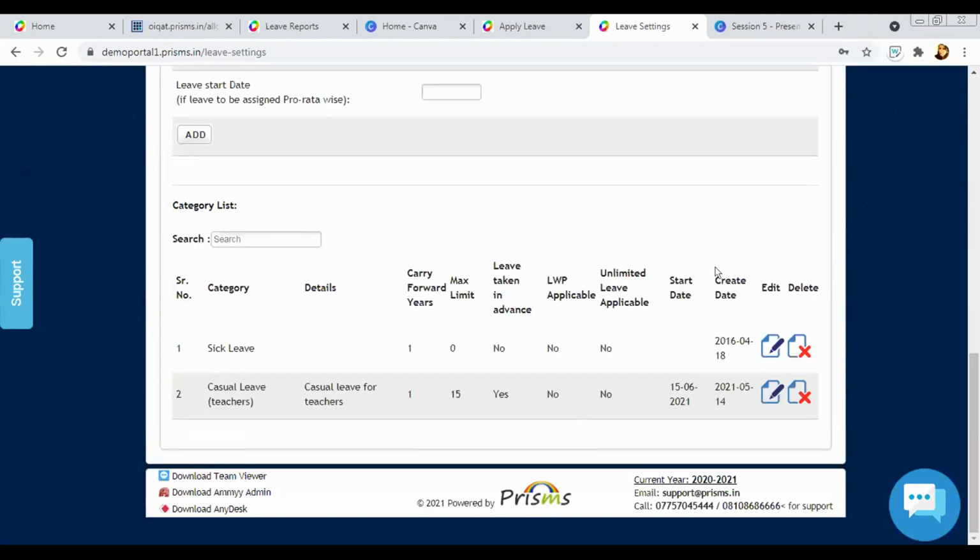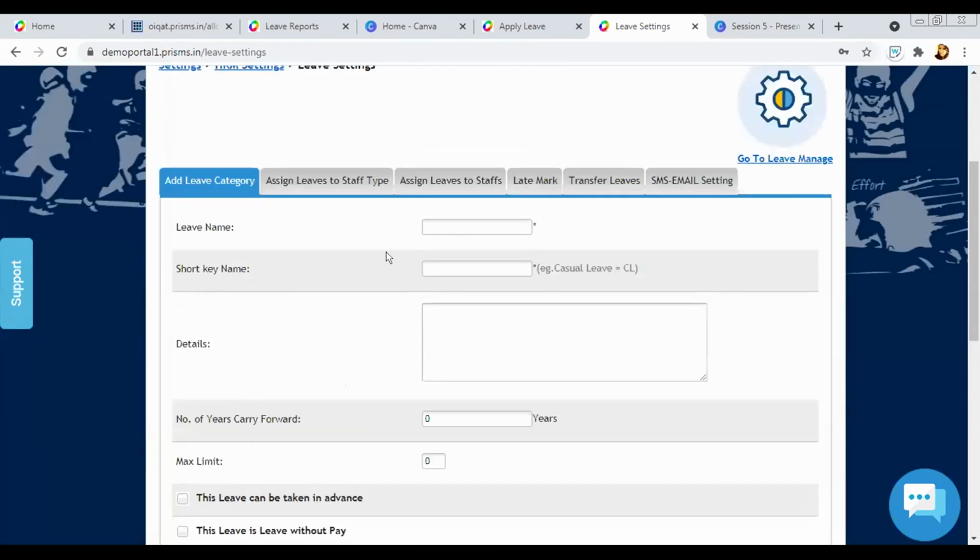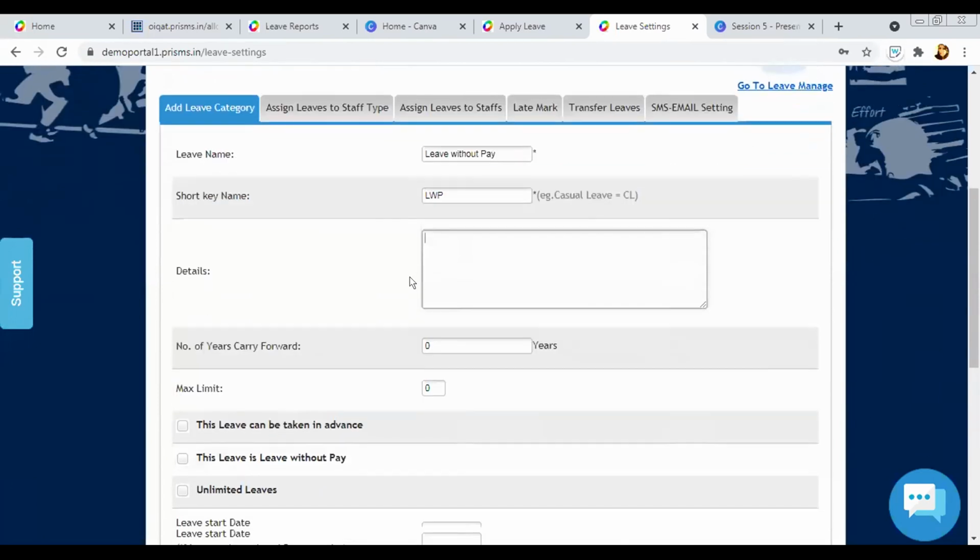Now, in the same way, I can also add, let's say, LWP, that is leave without pay. LWP can be common for all your staff types.